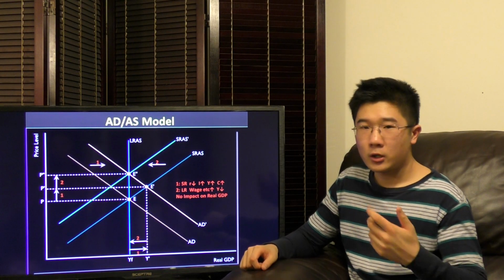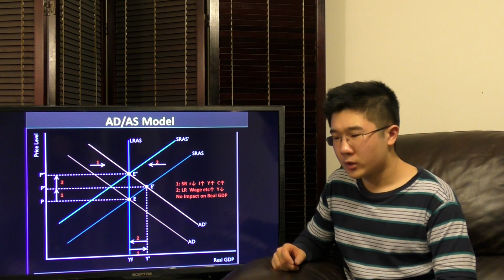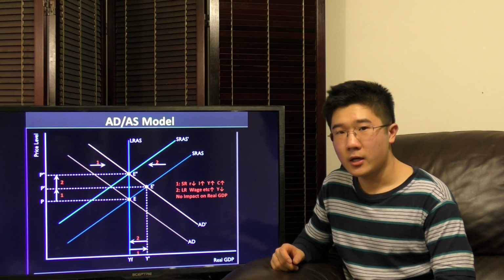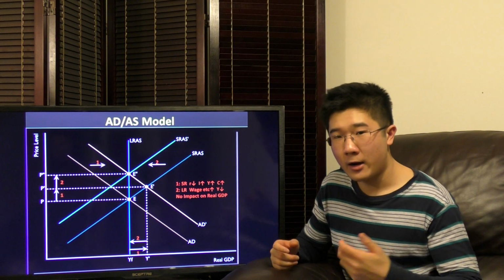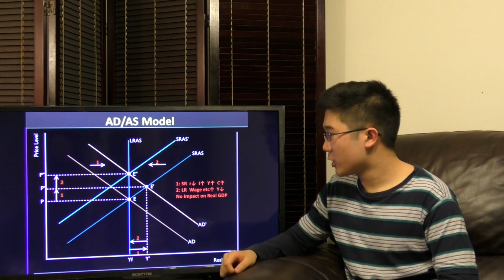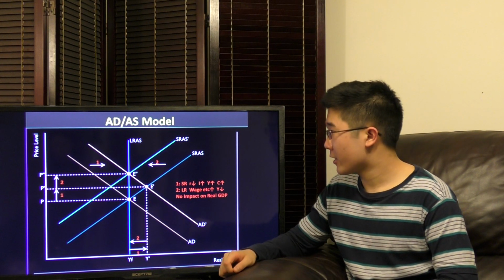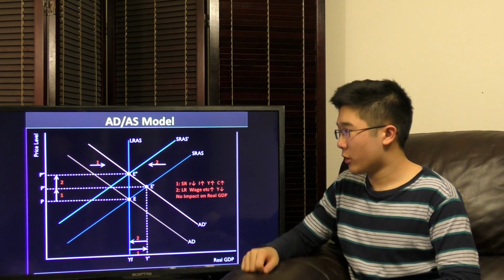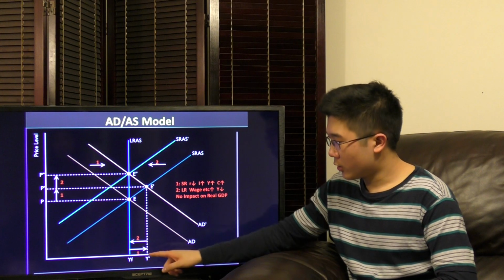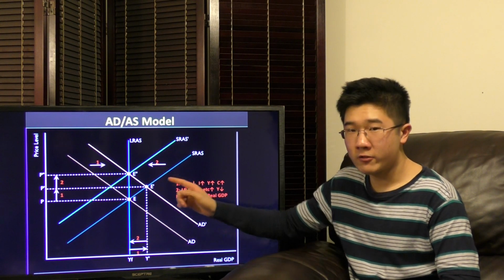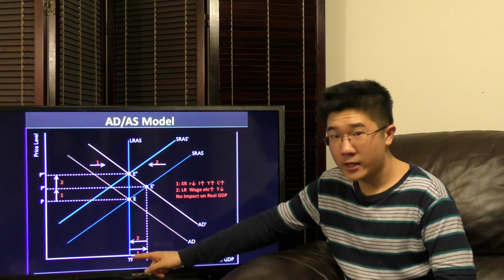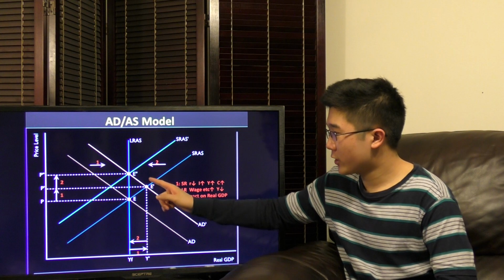However, in the long run, wages are not sticky. As prices increase, and as we see an increase in output and price, laborers will demand higher wages because they need them to pay off higher prices, since our price level increased. An increase in wages shifts our short-run aggregate supply to the left. So in the long run, short-run aggregate supply shifts to the left to counter our increase in real GDP, and our real GDP shifts back to what it originally was before monetary policy took place. So in the long run, real output does not change. However, our price level continues to increase.